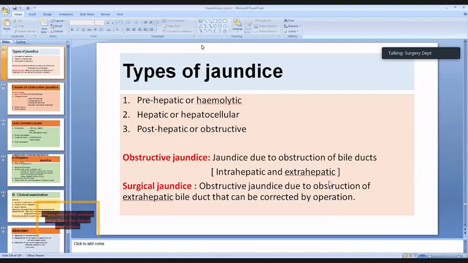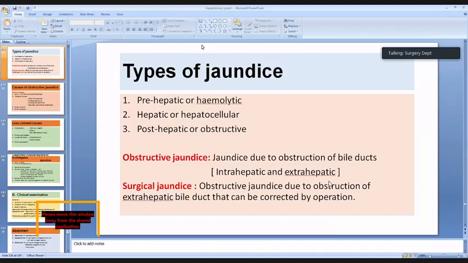You know, there are three types of jaundice: pre-hepatic or hemolytic, hepatocellular or hepatic jaundice, and post-hepatic or obstructive jaundice. Definitely, pre-hepatic or hemolytic jaundice, the main reason is early destruction of the RBC that leads to excess bilirubin load in the blood. And in pre-hepatic jaundice that results from hemolysis of the blood, jaundice is due to excess presence